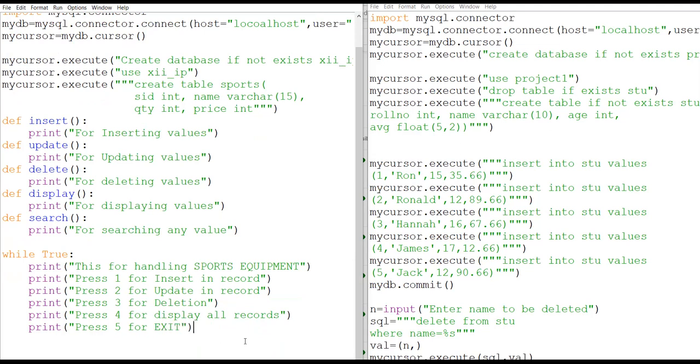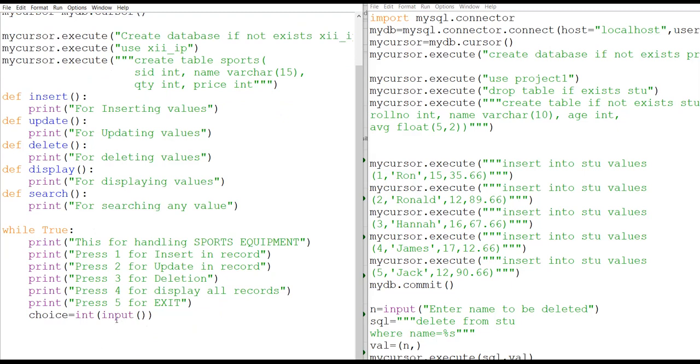This is closed. Then the user will give any choice. That choice we are going to store in a variable, and it will be of integer type. So we are writing something like this. Okay, so we have given this option to the user. The user will give any choice. We are not writing anything here because we have written everything over there. Whatever the user gives, we are converting it into an integer, and then we are storing it into choice. Now we have to check what choice the user has given. This is simple, your menu driven program.